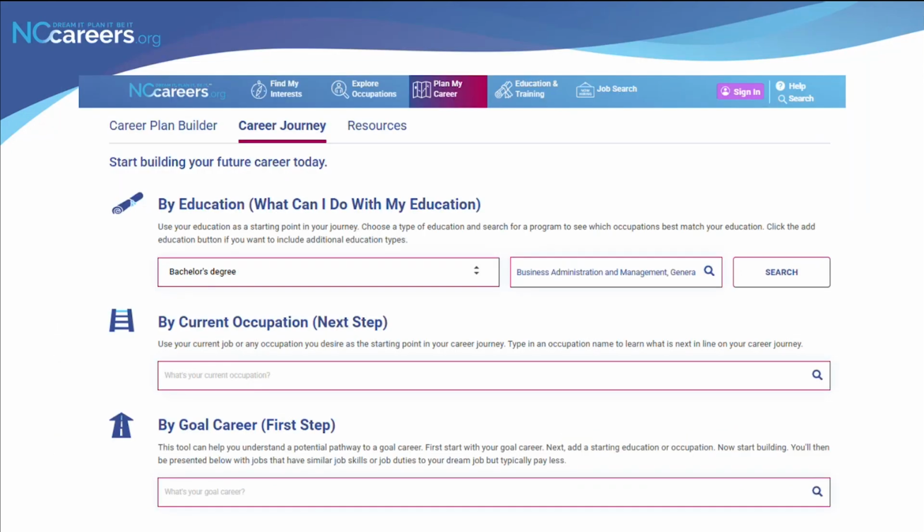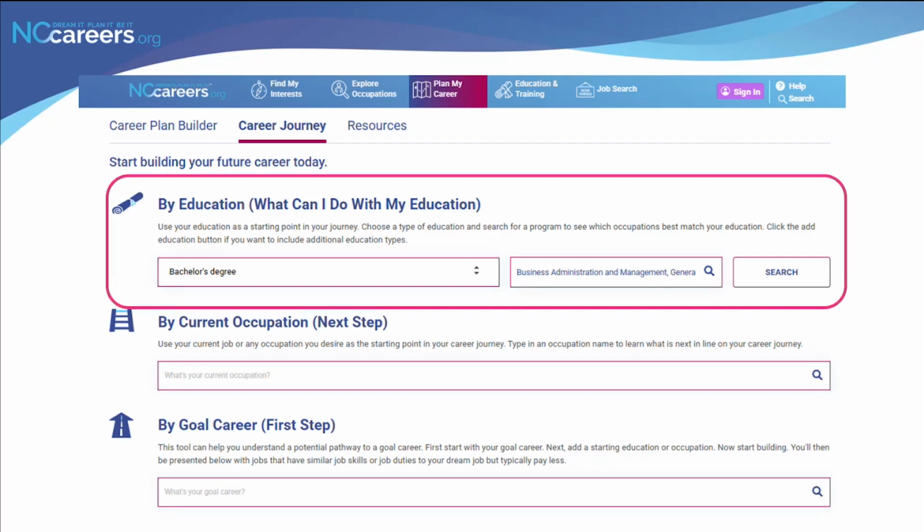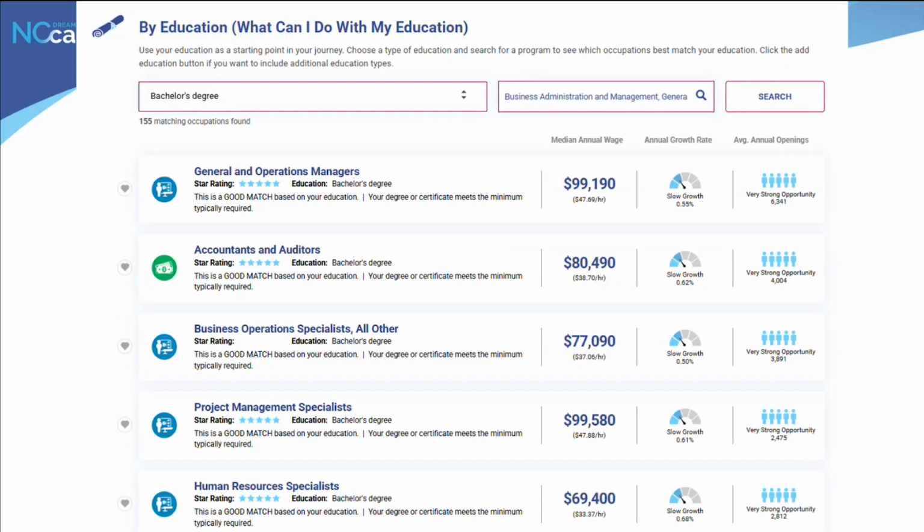But he may also want to know, he has a bachelor's in management, so he may want to explore what's there beyond hospitality, or are there other careers he should consider based on his education. So we can go back to the Career Journey Builder and this time start with his education and enter his degree in management. And now we see a set of occupations align with his education. So some of them may be outside of hospitality, but could offer more of a traditional work schedule that he's looking for, because he's looking for something that may not require him to work so many evenings or weekends.